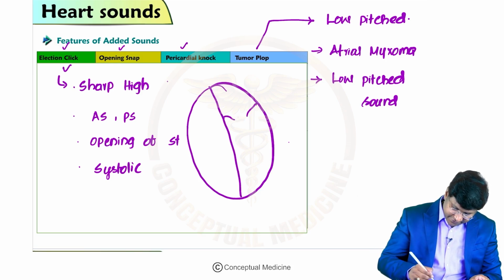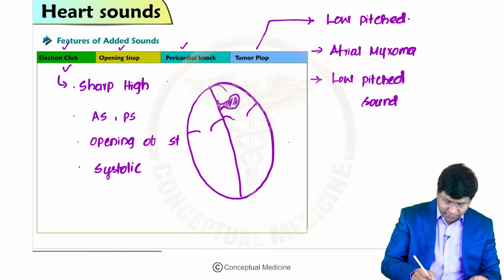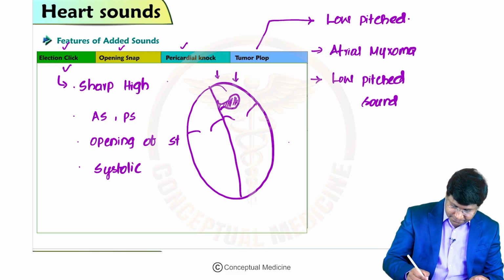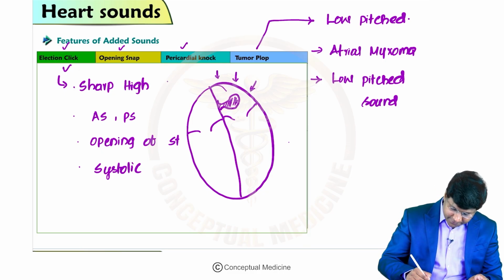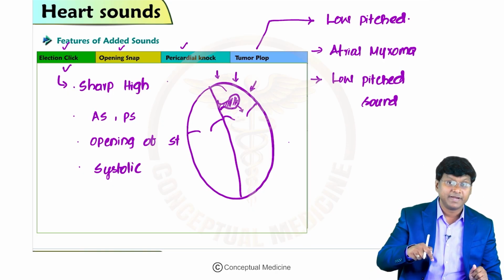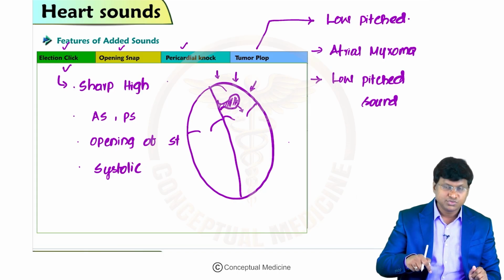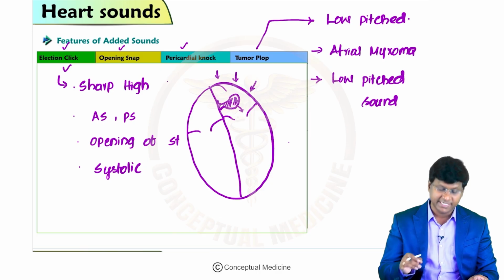This is your mitral valve, this is the tricuspid valve, and this is the atrial myxoma. When the atria contract, the myxoma comes and touches the mitral valve annulus. When the myxoma comes in contact with the mitral valve annulus, that is the point when you will listen to a sound, and that is called the tumor